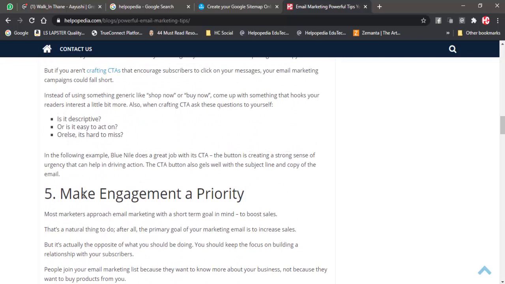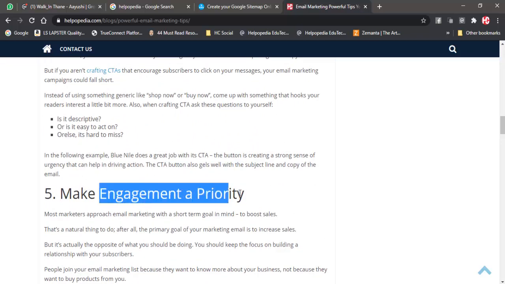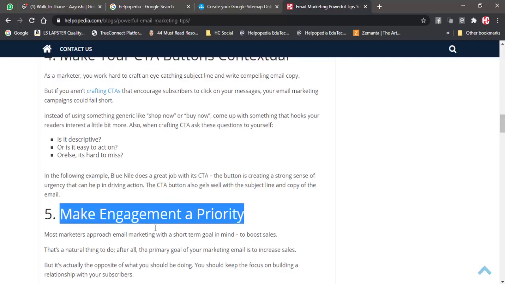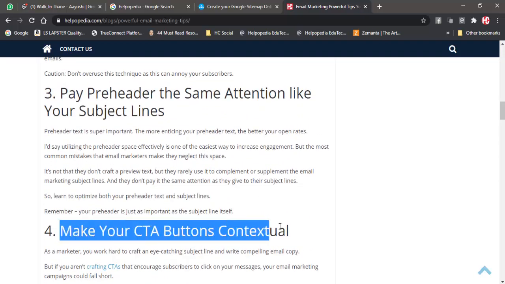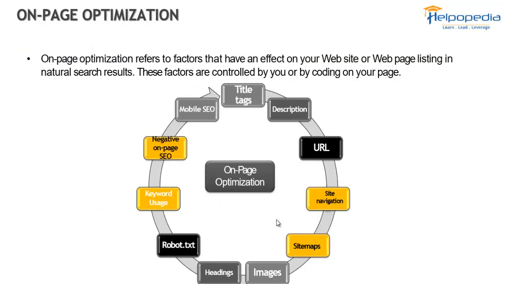it had one heading with some content related to making engagement a priority, and then you might recollect that okay, under engagement you will have this. So like this, these are the main points of the article which we need to use, so that people will understand our article. For that reason, it says that we need to use headings across all our articles, and between a minimum of 250 to 300 words we need to have one heading. So that is what is mentioned over here.